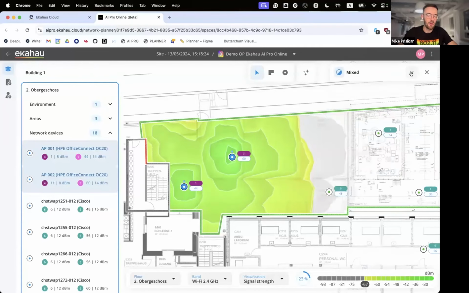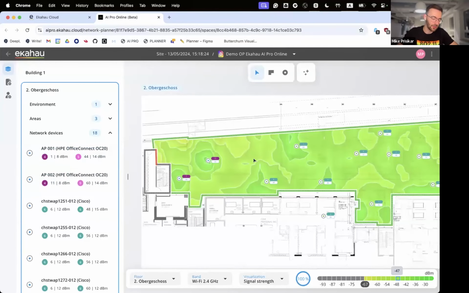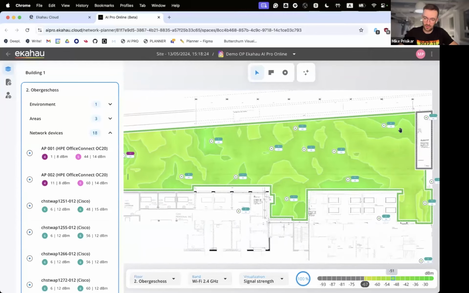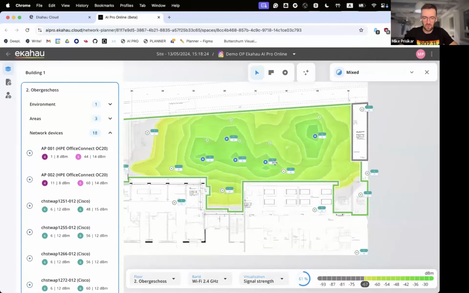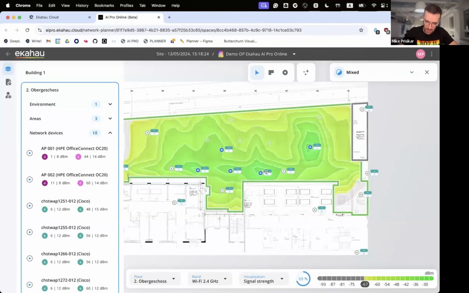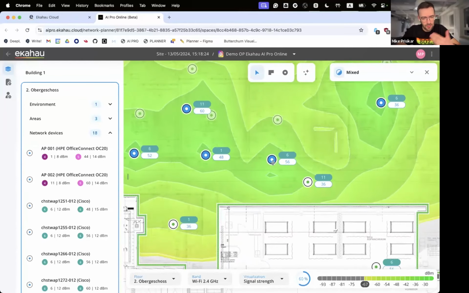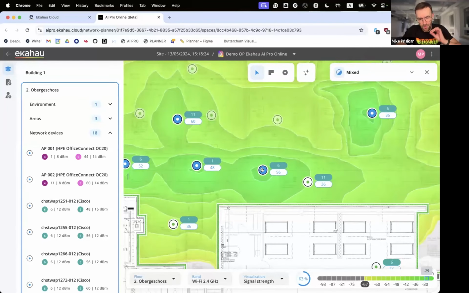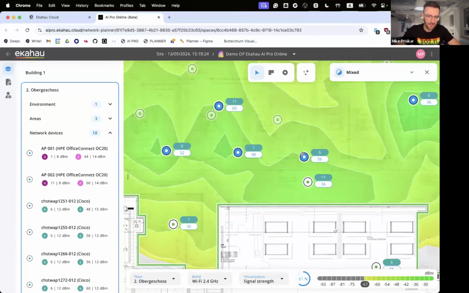You can just try different models, put them here and there, and check how your network will perform. For example, if you're using some really old hardware, just try with Wi-Fi 6E or 7. Why not? By the way, if you just want to have some fun, you can even take all your APs and move them and watch this fancy cool animation. As you can see while I'm dragging those APs, you can see that there are kind of walls there, right? There are no literal walls, but we know the radio propagation of those obstacles that are all around the premises.